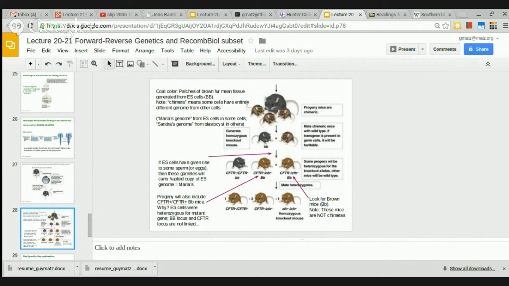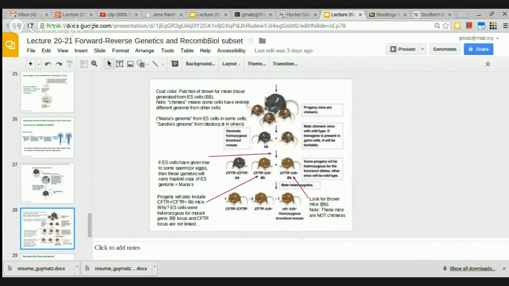And including this CFTR gene, both a wild type copy and a mutant copy. Okay. So when we make sperm from that cell, some of the sperm are going to have a big B and the mutant gene, right? And some cells will have a big B and the wild type gene. So when we take these mice and we mate them with this mouse, little b,